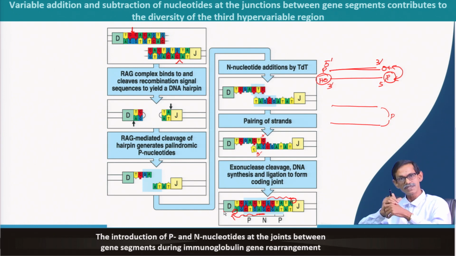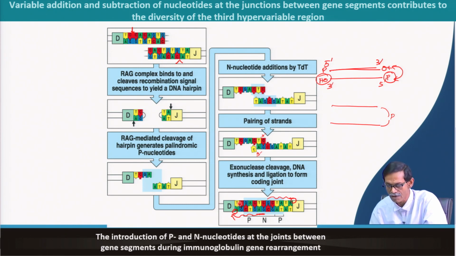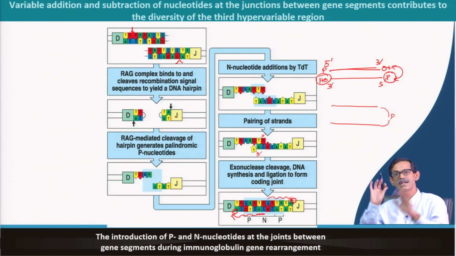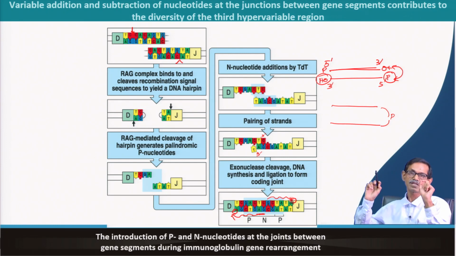What is the result of this? This result is, it was only 2 before, okay. It was only 2 before when it was started with D and J. So, 2 nucleotides, now you see how many it has become: 1, 2, 3, 4, 5, 6, 7, 8, 9, 10, 11, 12, 13. That means, there were 2, now there are 13, that means 9 nucleotides were